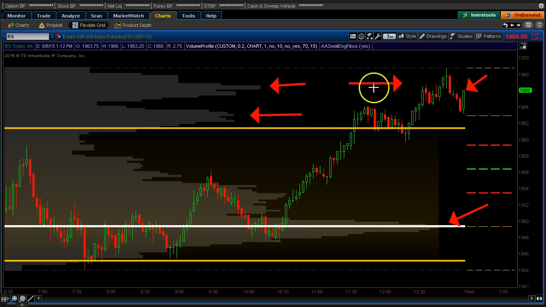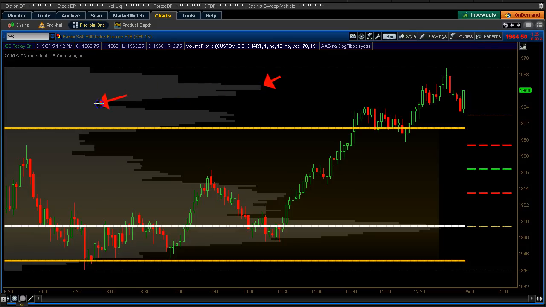This would now be your new point of control, while your value area high would be up here maybe, and your value area low would shift and be up here, right? So now you would actually have a new level of value area, okay? So this is a great picture because what happens is price, you also have what's called a high volume node and